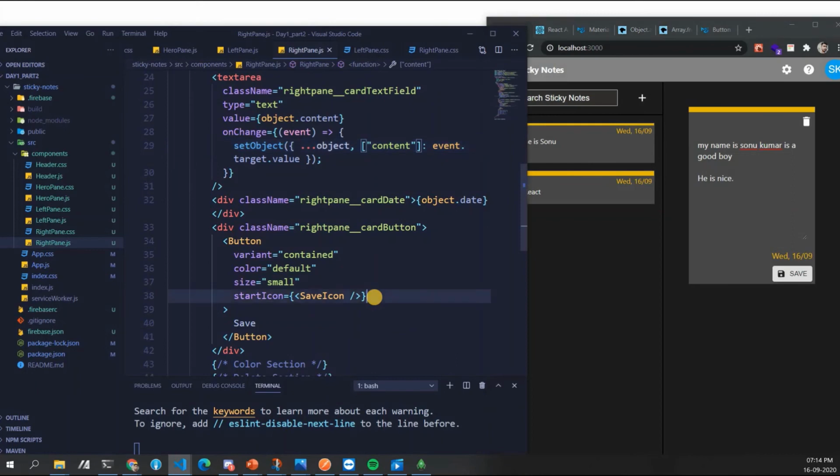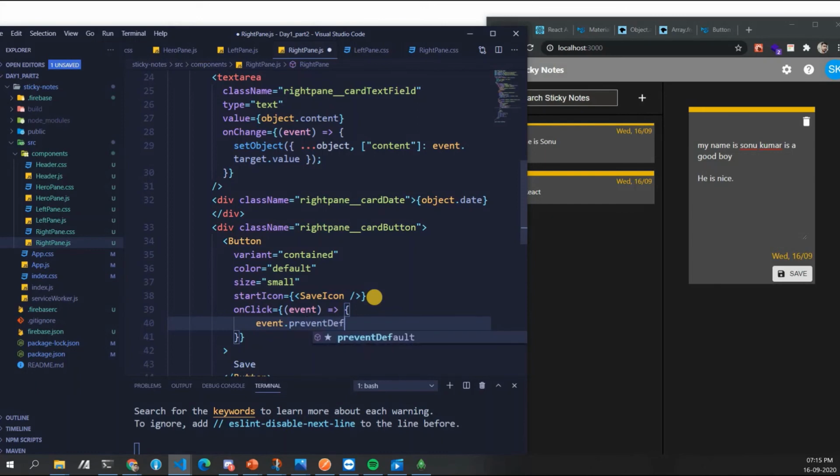On this, do onClick equal to event.preventDefault. This is just to ensure that on click of a button there is nothing haywire happening.